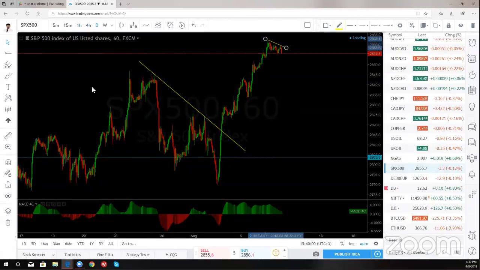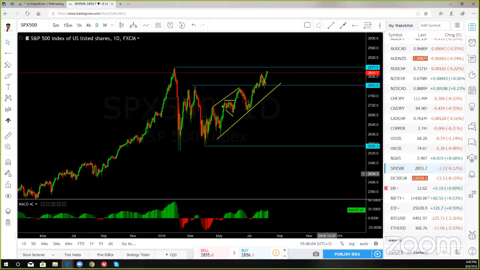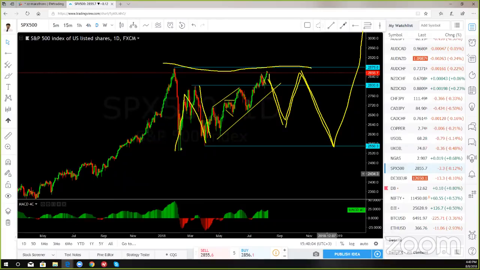The big picture is this. See? This one is easy, right? You see this one here, and you're going to make one more here. Probably go back up and then come down, right? So you got 1, 2. You got 1, 2, and then come back here before they go. This is like a big long-term consolidation,